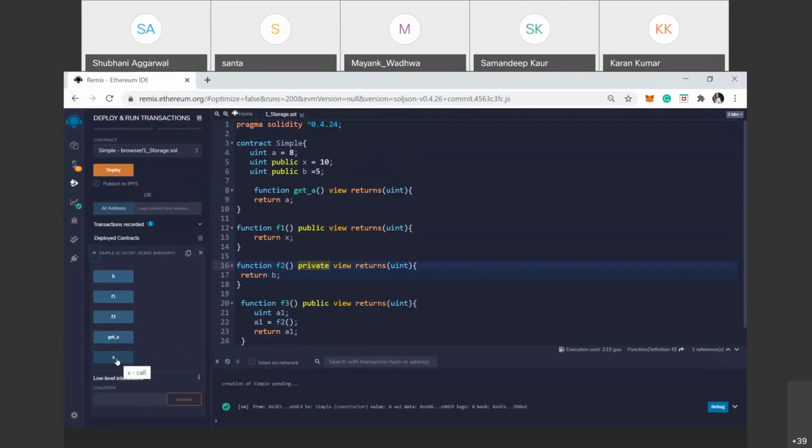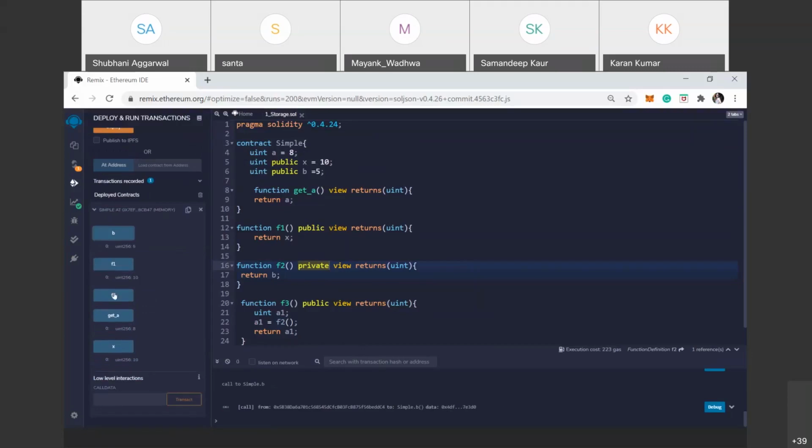If you click on x, it is 10; get a is 8. For f3, suppose first f1 returns x, that is 10. The b value is 5, and if you click on f3 it is 5, because in f3 the return value is b, which is 5, so it is stored in a1 and f3 returns the value a1, so it also shows the value of b.